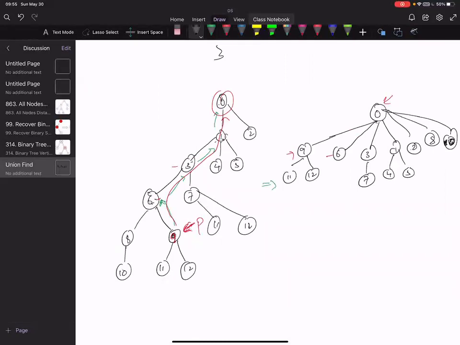Log n. Okay. Do we not need size in path compression, or we still need to use size? We still need to use size. It is just enhancement to what we were doing. Okay. So wait, sorry.